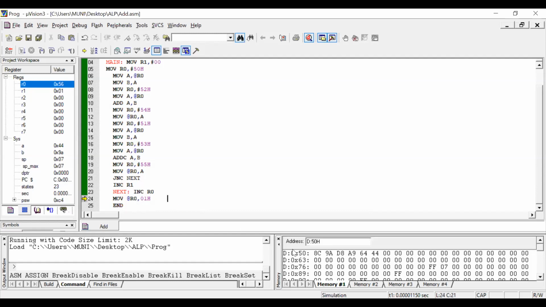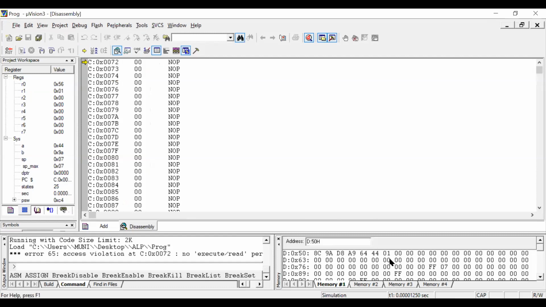After completion of this instruction, we can expect 01 at location 56.